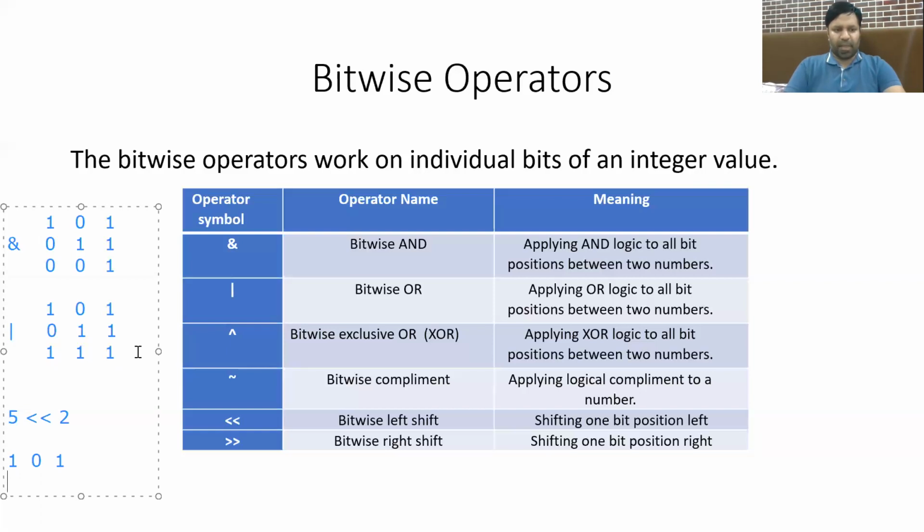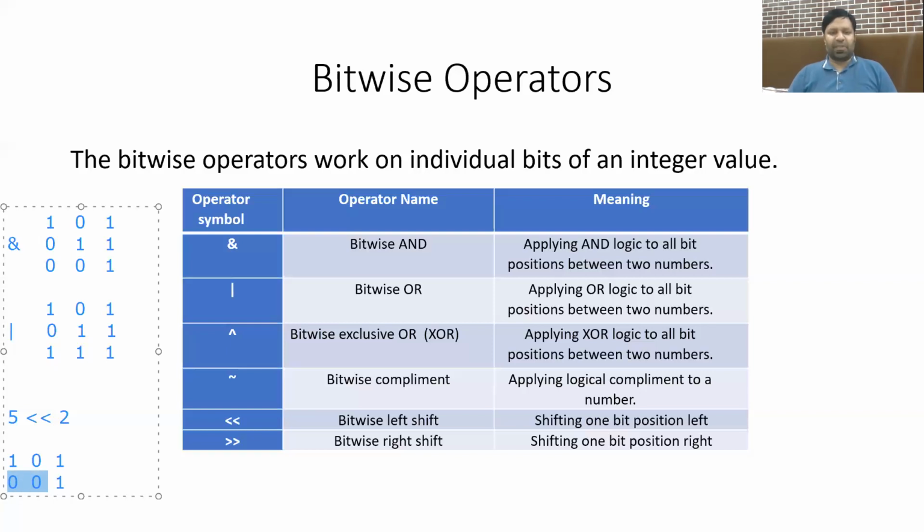it will become 1, 0, 0 and 1. How? Because we shifted these two bits to the left and there is no position on the left to store these values. So these two bits are lost. And what happened to this bit? This bit has been shifted 2 positions to the left, so it is saved here. And these two become 0.